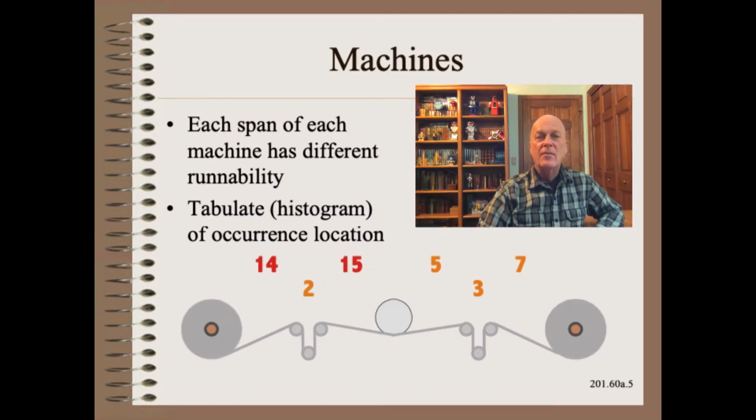In this down web break location histogram, we see lots of breaks starting on the unwind. If so, we might postulate that something about the unwind is brutal on the web. Perhaps the roll is out of round, or perhaps the layers have a bit of adhesion, or perhaps the tension control there is poor. Another working theory could be that the web might be so troubled that it gives up on the very first chance it has, and thus is not destined to make it through most any span of